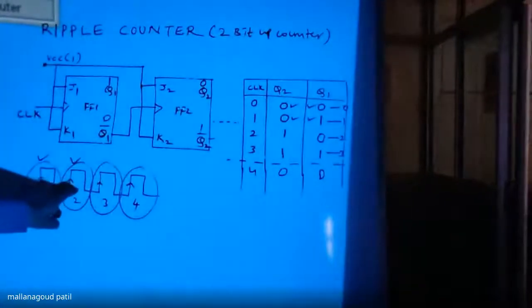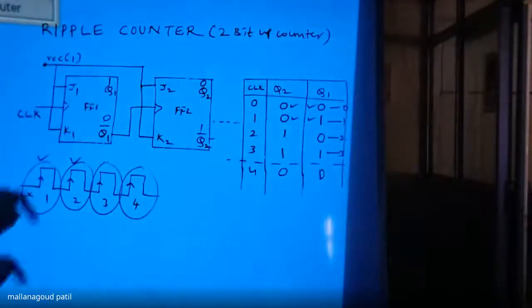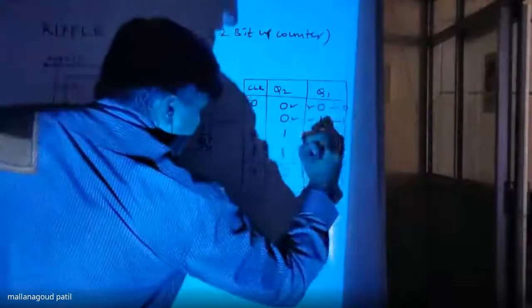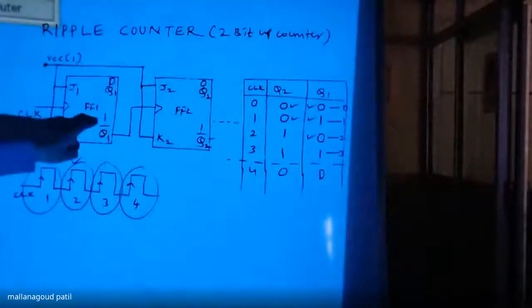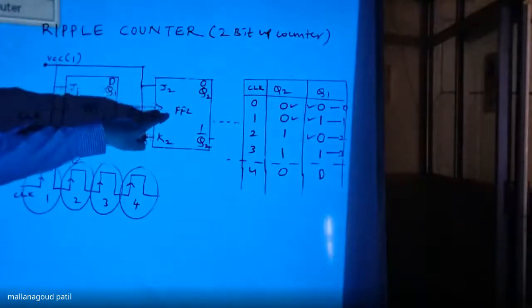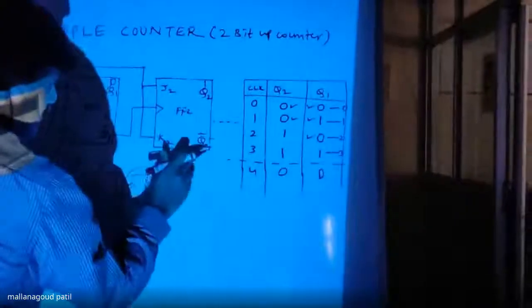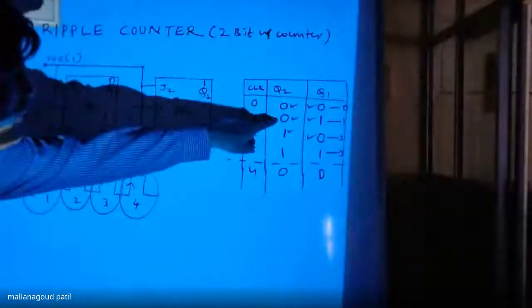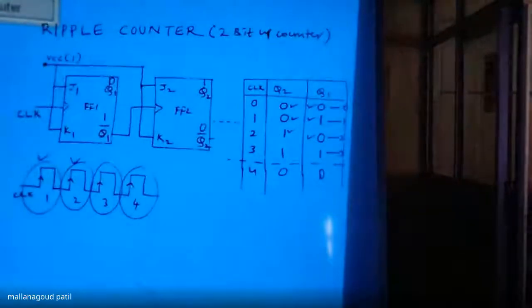When you go for the second clock, it is connected to the first flip-flop. Then once again Q1 will toggle. Q1 was 1, Q1 will be 0. When Q1 is 0, Q1 bar will be 1. When Q1 bar is 1, which is connected to the next flip-flop clock, flip-flop 2 also toggles. Flip-flop 2 was 0, now it will be 1. And what should be Q2 bar? 0. See here, toggle. In the first clock Q2 was 0, but in the second clock Q2 will toggle from 0 to 1.